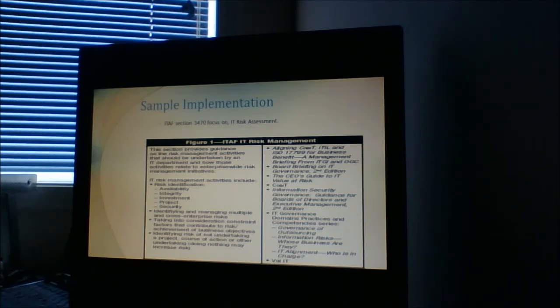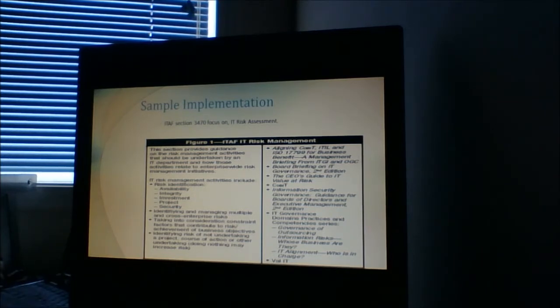So this ITAF section 3470 is focused on IT risk assessment. The first area of this IT risk assessment activity is IT risk identification, which is divided into perspectives of IT, that is availability, infrastructure, integrity, project, and security. And the second area is multiple risk and cross-enterprise risk.